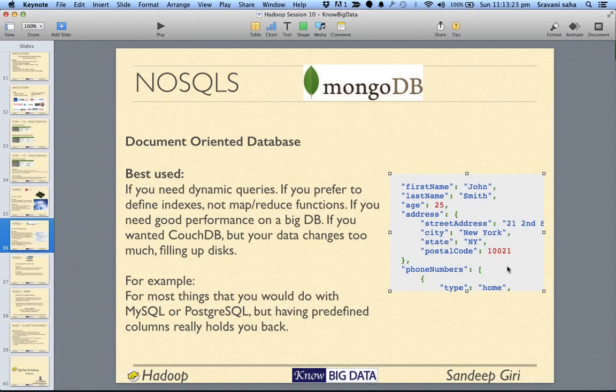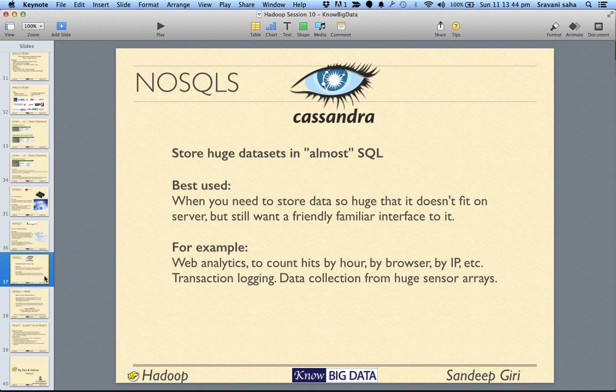That is how you generally filter the data. So if you need indexes and you need to store these complex objects and your MySQL is holding you back because you cannot add more columns, then MongoDB could be a really brilliant solution.